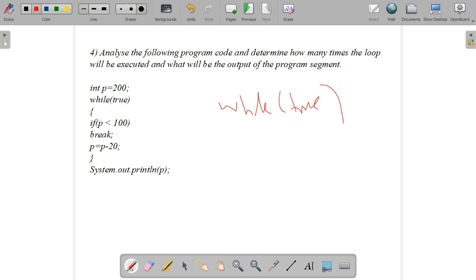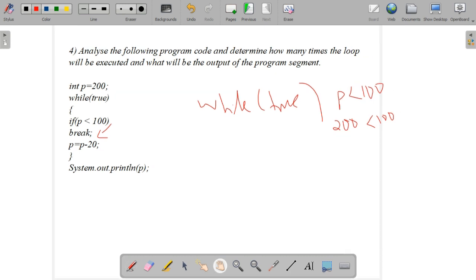So we come here to P less than 100. What is the value of P? P is initialized as 200. So 200 less than 100: the condition is false. If the condition is true, the break statement has to execute.